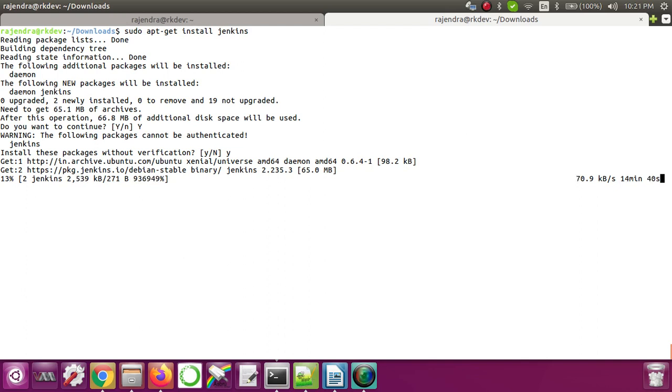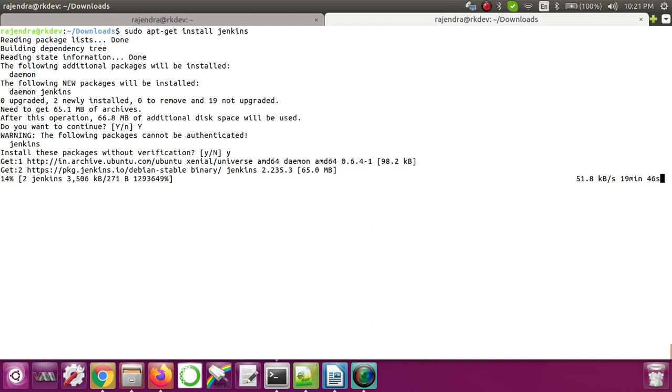Right now I am not using any tool as such. I'm just using the apt-get package manager of Ubuntu. First I'm updating the repository sources.list, where I'm adding the path for this Jenkins repository.